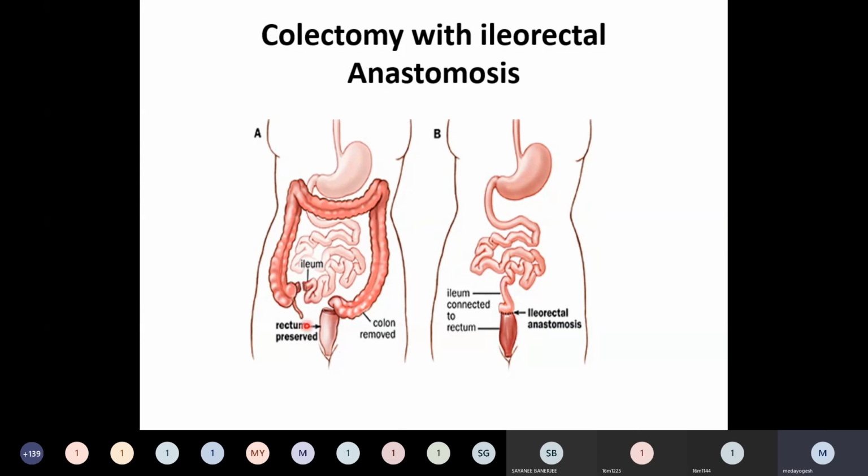Then we are going to anastomose this end of the ileum into the rectum. So this is the ileorectal anastomosis. This is the side to end anastomosis of ileum and the rectum. So the advantage of